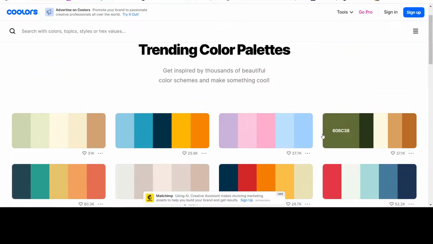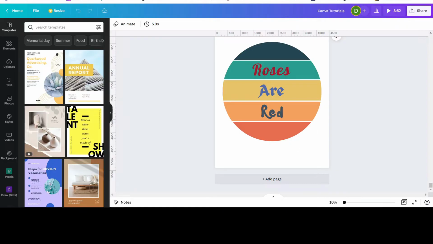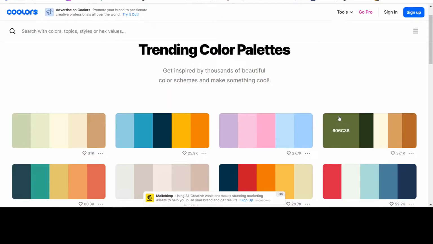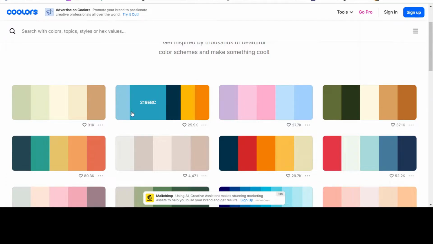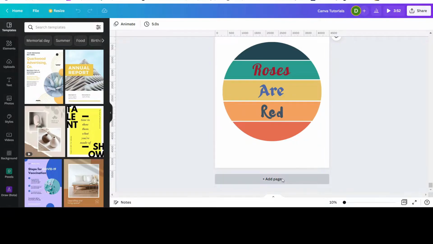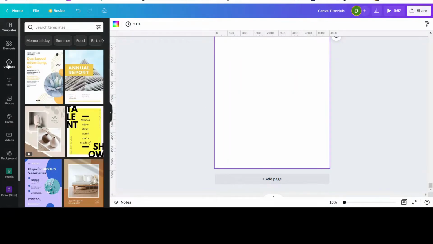Okay, so for the example that I did, which is this one, the color palette that I chose was this second one. Now you can choose any color palette. So let's try, but this time let's try a different palette. Let's try maybe this one. Okay, so what you do is go to Canva, you add a page, and you look for,